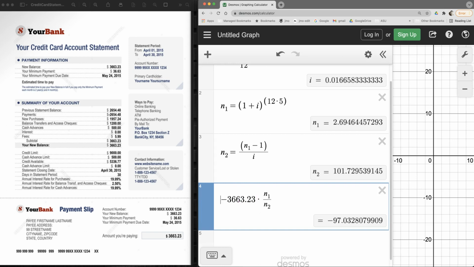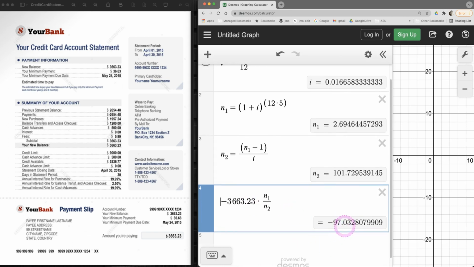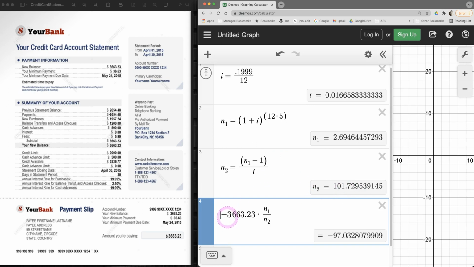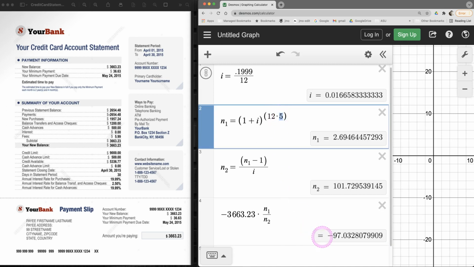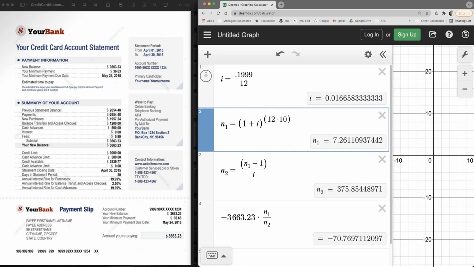Sorry, let me get rid of the... And this is saying that if we want to pay this amount, this principal, $3,663, if we want to pay that off in 5 years, that our payment needed to be, excuse me, $97. So let's see if we can figure out where this $36.63 is coming from. If we'd like to pay this off in 10 years, our payments need to be around $70. If you want to pay this off in 20 years, the payments need to be $62. If you want to pay this off in 30 years, doesn't look like I can get to